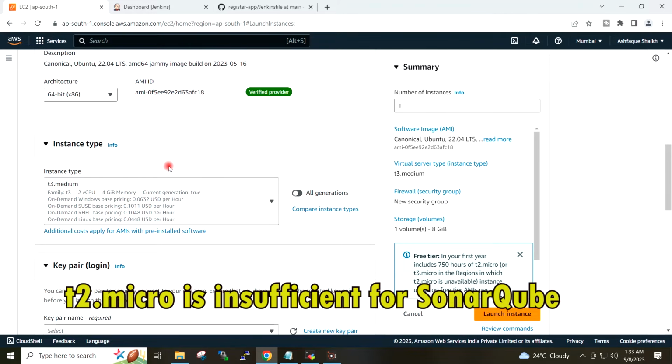T2 micro is insufficient because we will be installing PostgreSQL and SonarQube in this VM.